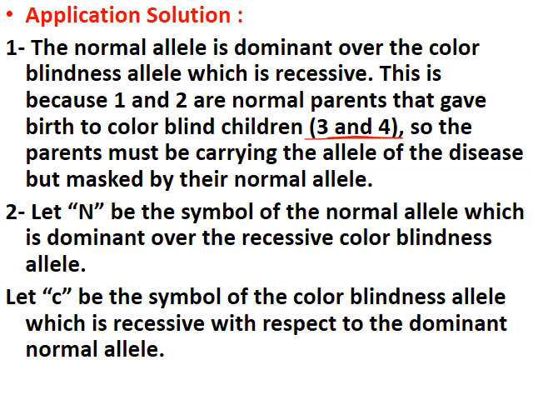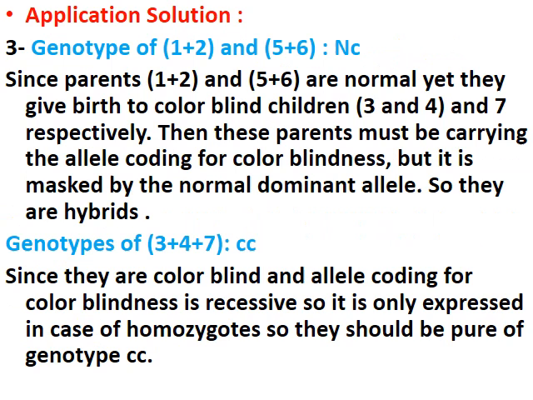Let N capital be the symbol of the normal allele, which is dominant over the recessive color blindness allele. Let C small be the symbol of the color blindness allele, which is recessive with respect to the dominant normal allele. You have to get the genotype. Genotype, they said specify, so we have to justify. So 1 and 2, 5 and 6, they are NC, meaning that they are normal but carrying the allele of the color blindness. Since parents 1 and 2 and 5 and 6 are normal, yet they gave birth to color